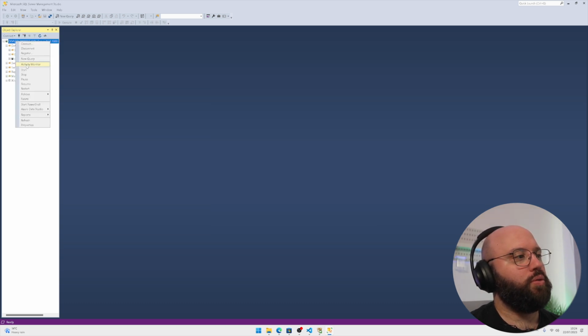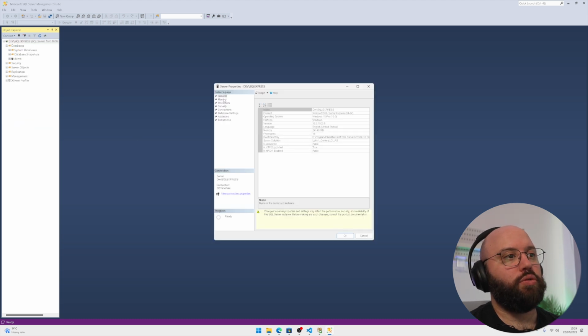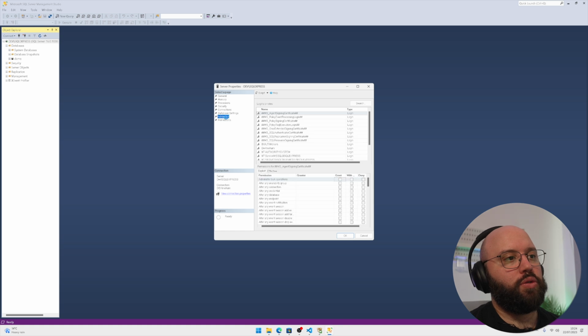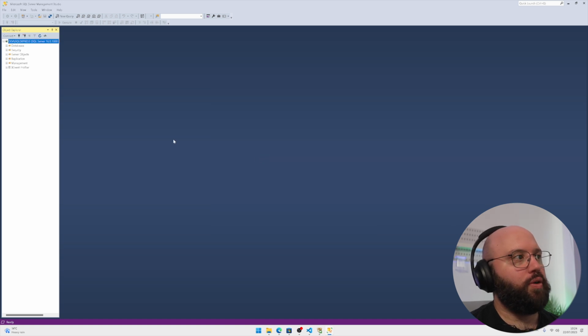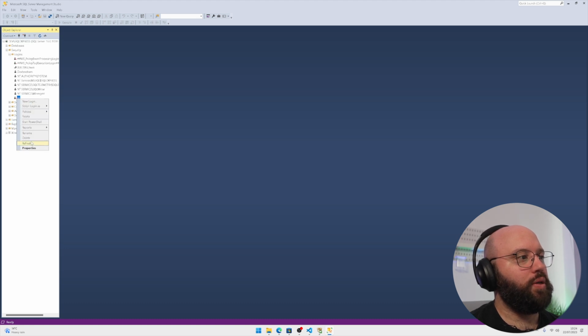Perfect. And now what I want to do is I want to basically enable SA authentication, so SQL Server logging in. So I'm gonna go to security and click on SQL Server and Windows authentication mode, so both of them needs to be updated. I'm gonna click on OK. Perfect. And then once I did that, I'm gonna go to security, under logins, under SA, right click on it,